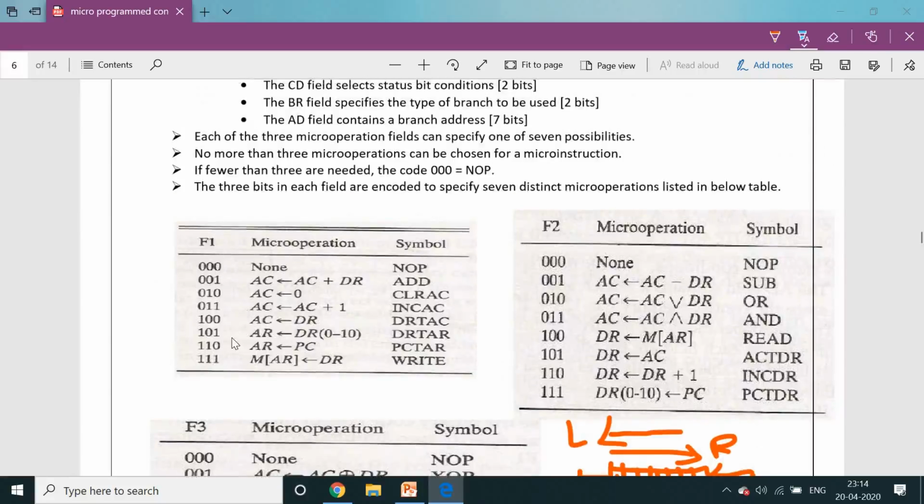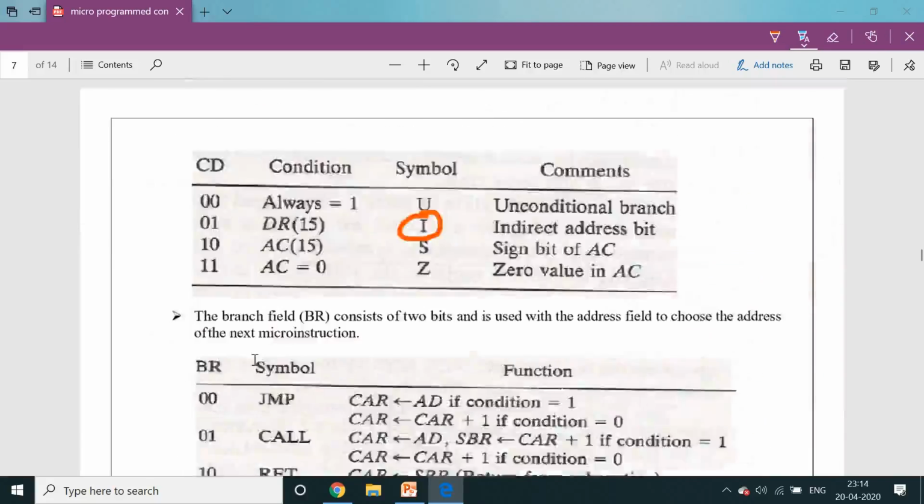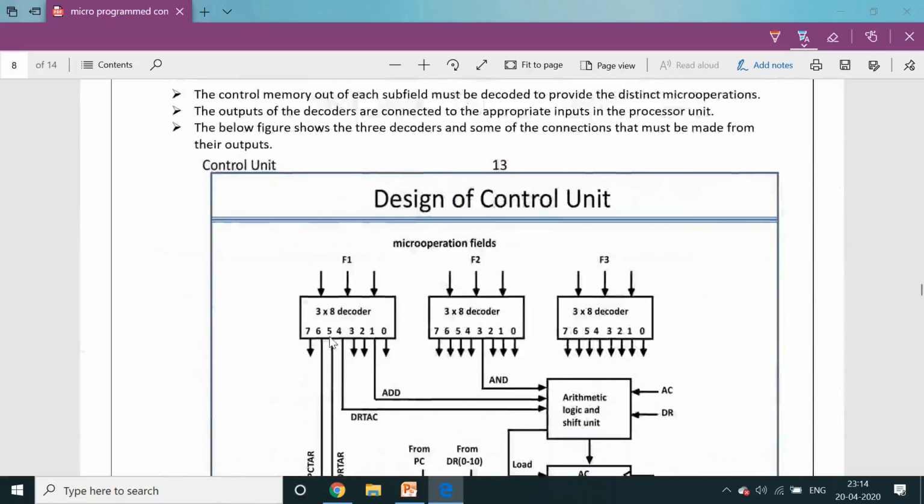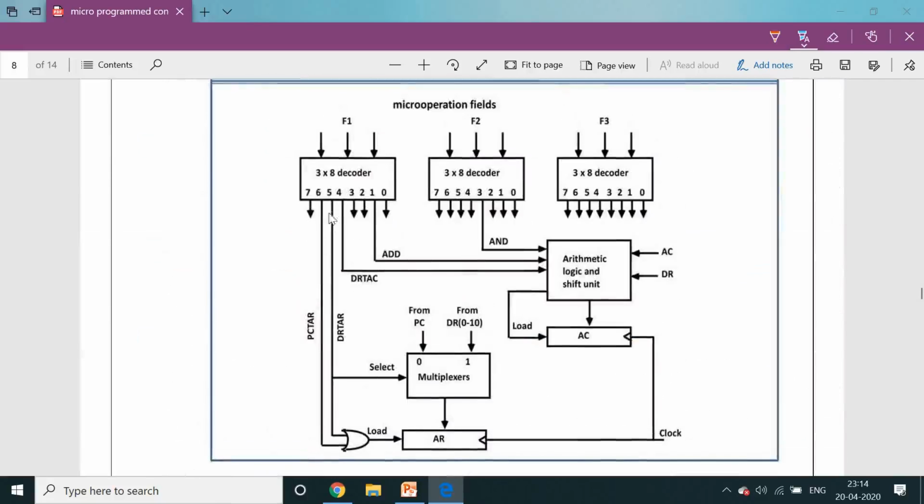That means 101 is DR to AR, 110 is PC to AR. 101 means 5, and 110 means 6.